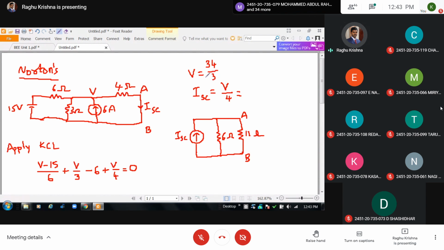V equal to 34 by 3. And ISC equal to V by 4, which is equal to 34 by 12. So if I put ISC equal to 34 by 12,